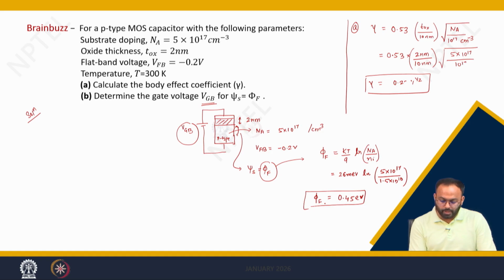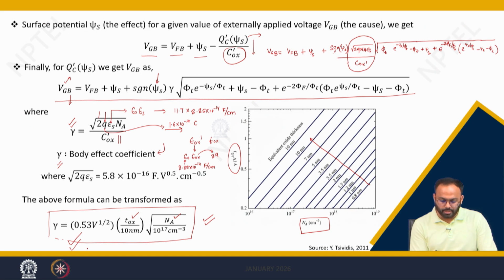Now, we need to calculate what is the value of VGB. I can simply use this equation to calculate the VGB because I know all the values. The flat band voltage is given, or you better use this equation because you know the flat band voltage. Psi s is equal to phi f we just calculated, and keep all those parameters. So, I am rewriting this equation as